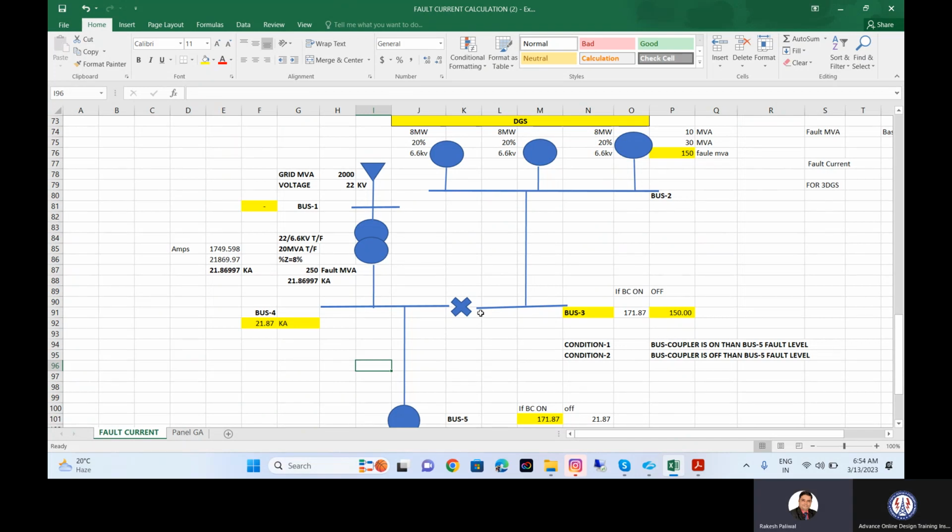So whenever, sir, we are adding more sources, the fault MVA will increase, sir. Which MVA? Fault current, yes, definitely fault current will increase. So we need to basically see the worst condition in our system, whether we are operating both transformers simultaneously or not. Yes, sir. If that is the case, then we need to add both because the current will be added. So the fault level calculation is done considering the maximum worst scenario. Yes, sir. Okay, sir. Any question on